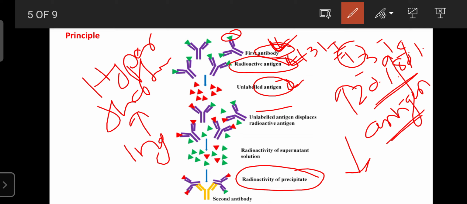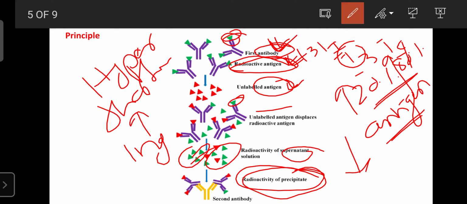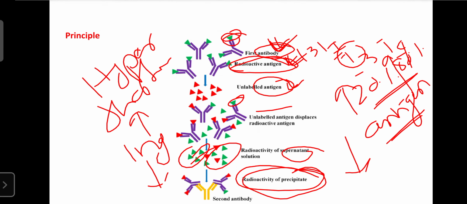If the patient serum has the antigen, it binds at the same places and replaces the radioactive antigen, which then remains in the supernatant layer and is precipitated or neutralized. Then its concentration decreases after 24 hours. If you monitor and the administered radioactive antigen of 1 nanogram has decreased, it indicates the patient is suffering from COVID-19. So radioimmunoassay is helpful for the diagnosis of diseases.